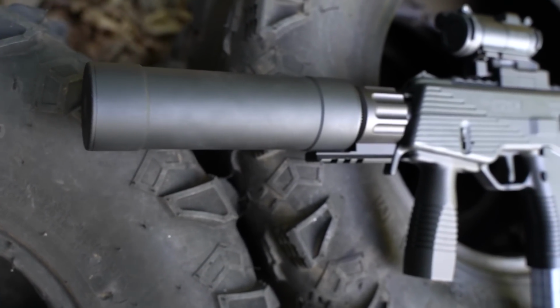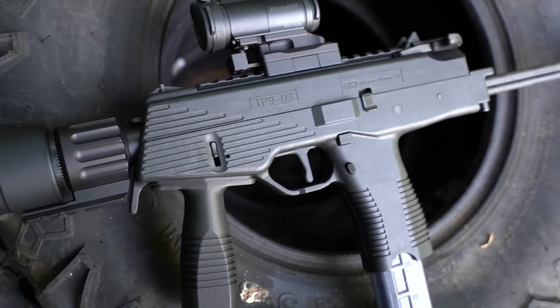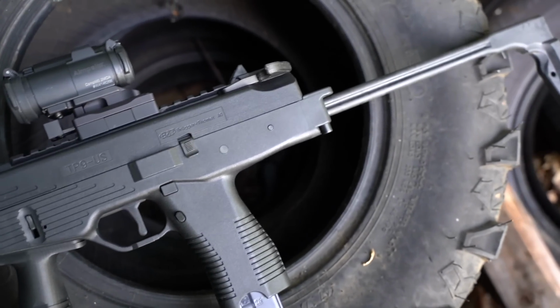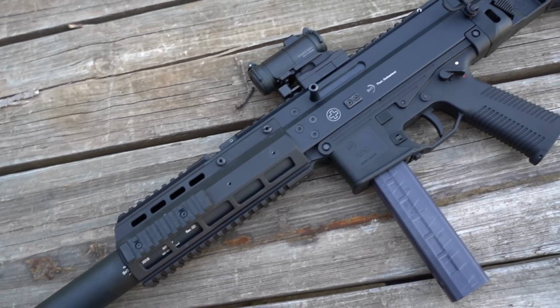One is the dedicated MP9 suppressor, and this makes one of my absolute favorite guns in my collection, a true showstopper every time I get it out at the range. The other is on my APC9 SD, a true SD I might add, but also amazing performance and an amazing